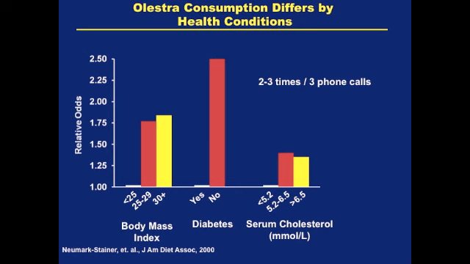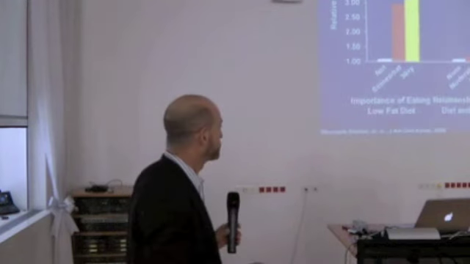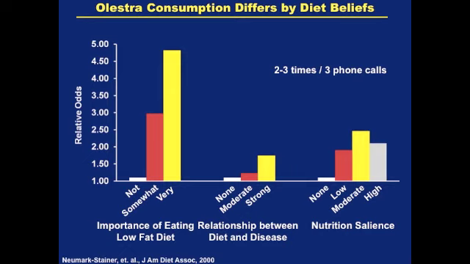They tended to be used more by people who were obese, by people who were not diabetics, and by people who had high serum cholesterol. So it all fits together. These are people who perceive themselves to be at some kind of nutritional risk, and they were using these foods for probably health reasons. And when you look at the psychosocial constructs,